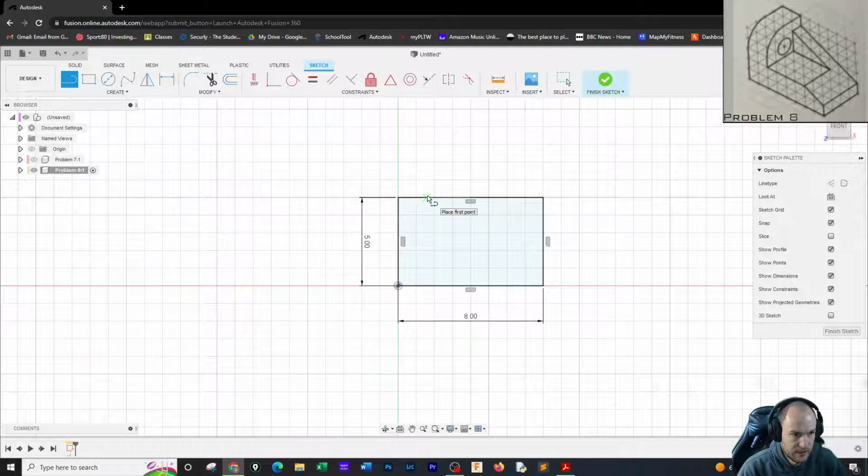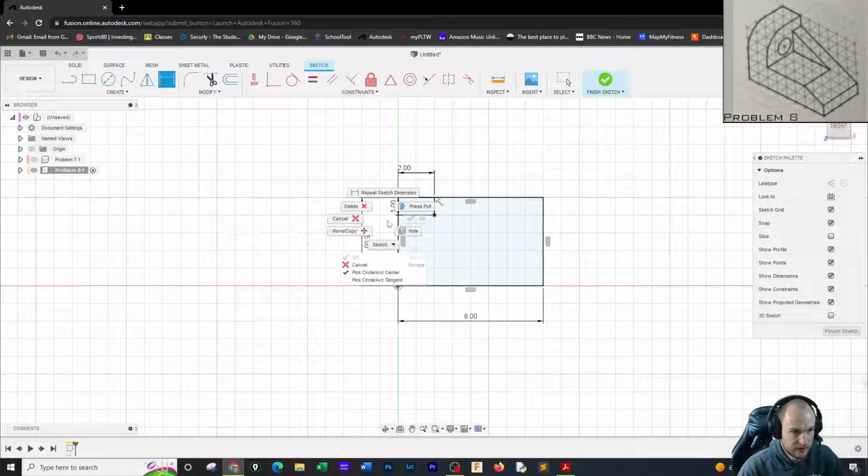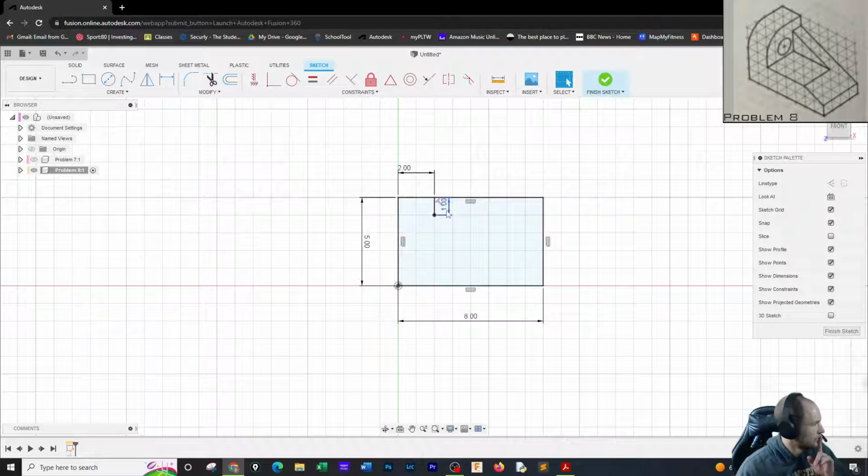So I'm gonna make a line. This line's gonna go down 1, as you can see, at a 90-degree angle. So we got that 90-degree angle there. So we got a line going down 1. And I'm doing this to save me time later. From here to here, this line is 2. So from there to there, that line that goes down is 2. And then we are going to continue drawing